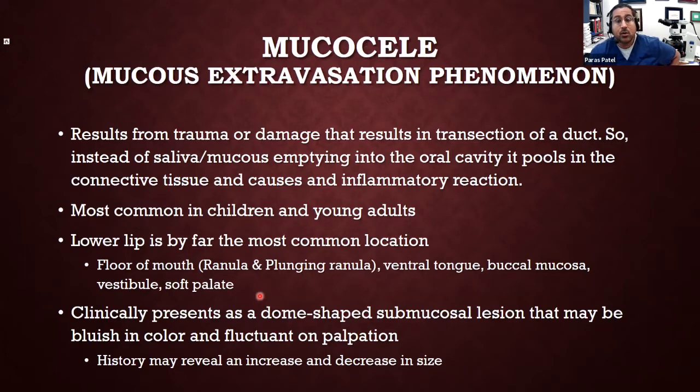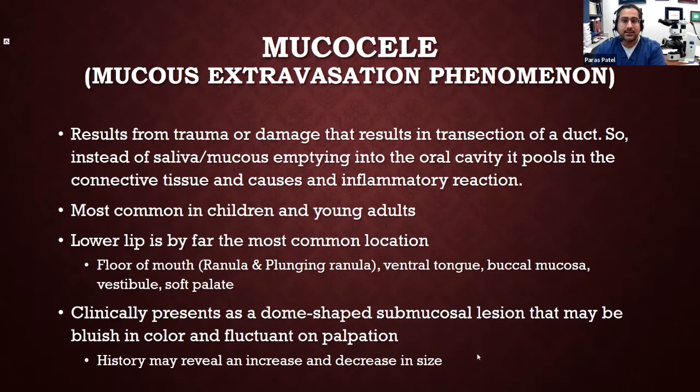Clinically, it presents as a dome-shaped submucosal lesion that may be bluish in color and fluctuant on palpation, because that is spilled mucin and saliva within that capsule. History may reveal an increase and decrease in size, and that's not uncommon. Some of these, the body has a tendency to form enough granulation tissue, and as a result you see a decrease in size as you start to see resolution of the lesion. Some of these can actually undergo resolution on their own, and the duct will re-epithelialize and connect back to the surface,